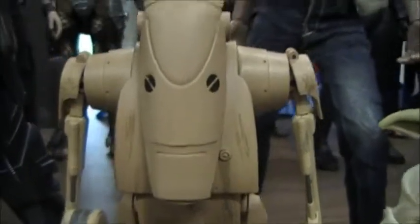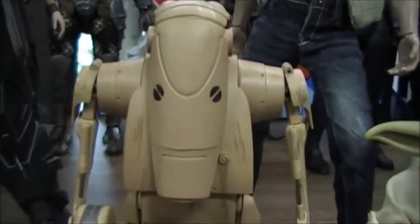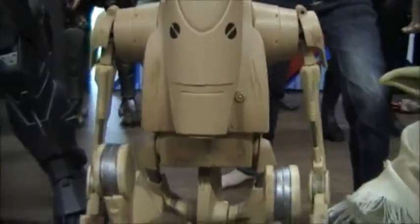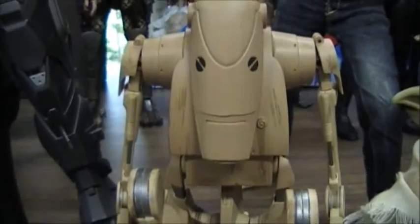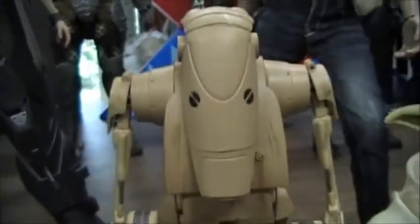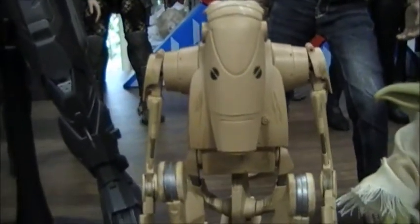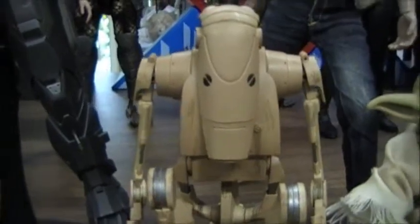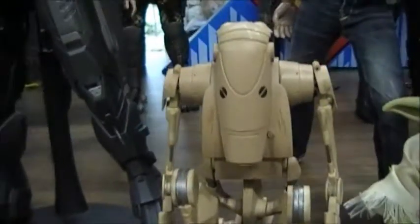Obviously that's one of the battle droids. Very awesome, from Sideshow. That is actually my first Sideshow piece and only Sideshow piece so far. I am in the process of getting another one, a Sand Trooper. Yeah, sorry about that guys, my brain's not working too good. Anyway,